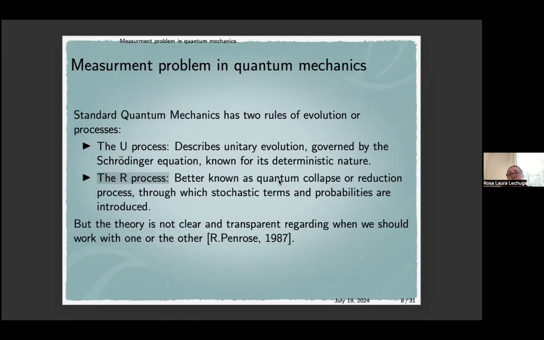People study how to solve this problem in quantum mechanics. How to put forward a theory which explains both evolutions, a theory whose postulates are clear, transparent, to describe the evolution of a system, and also a theory capable of removing the notion of an observer or the necessity to use